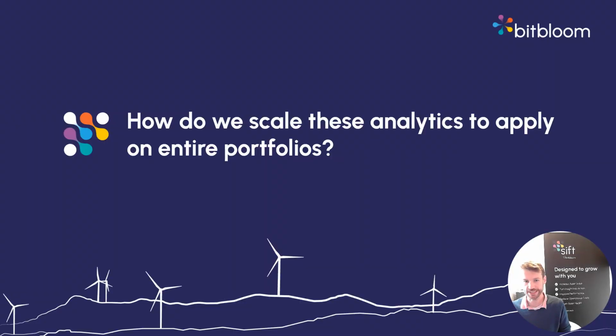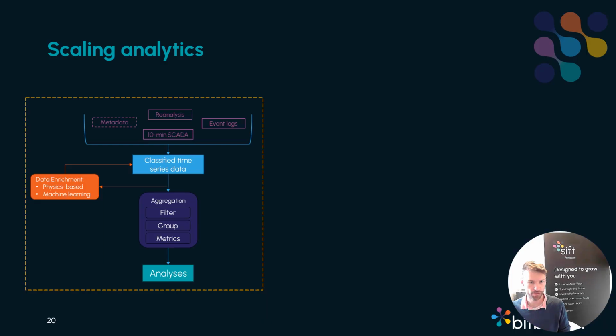Now, how do we scale these analytics to apply on entire portfolios? Well, this really comes back to what I was mentioning at the start about this template that we use. As I said before, it's not fantastically complicated, but pretty much all that we do around data analysis of time series data falls into this pattern. So once we've got that pattern, we can then use this as a template and duplicate it across the